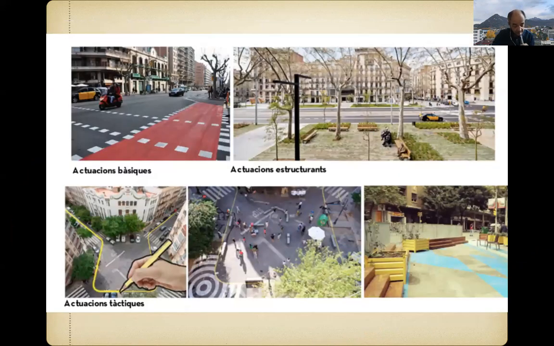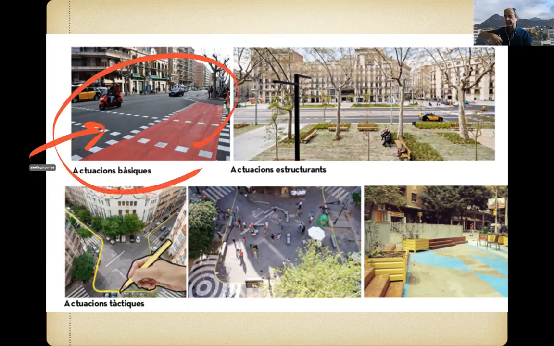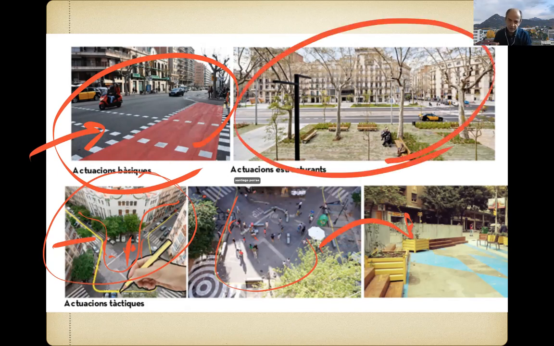So one thing which is interesting is, again, how can we make this possible? For some reason, Salvador Rueda had the idea, the geographer, with the architects, and at some time, the city mayor just supported it, and then they had to convince the citizens. And they had like 3 levels of acting. The basic, which is something we saw in Seoul, just the painting, and they have these kind of bicycle roads and so on. Tactical actuations, which are temporary actuations. So you say, okay, let's put fewer cars and more space for pedestrians, so let's put some free space, which can be changed later. That's what they call tactical, something which is reversible. And finally, structural things, which is just permanent change, things which are parked and will be parked forever.